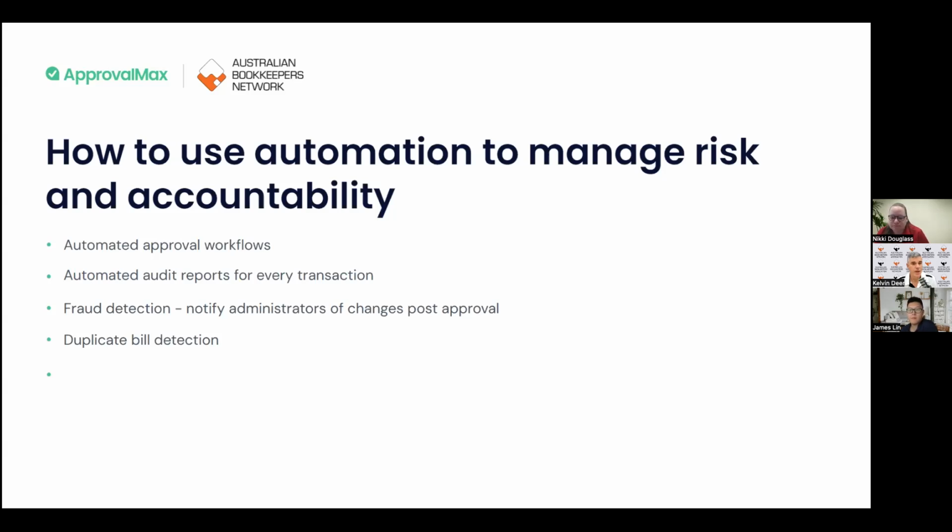Yep, terrific. Thanks, Nikki. And Nikki, do you have anything further to add to what James was talking about earlier in respect to that risk management and accountability piece? Look, all of the ApprovalMax is fabulous in that, and again, from managing our risk as well. So nothing can go into the system without going through ApprovalMax. We've even had a situation where a client was cranky because the supplier didn't get paid. But we were able to show them, well, you haven't approved it yet. It's still sitting in ApprovalMax. So that pushed the onus back onto the client.